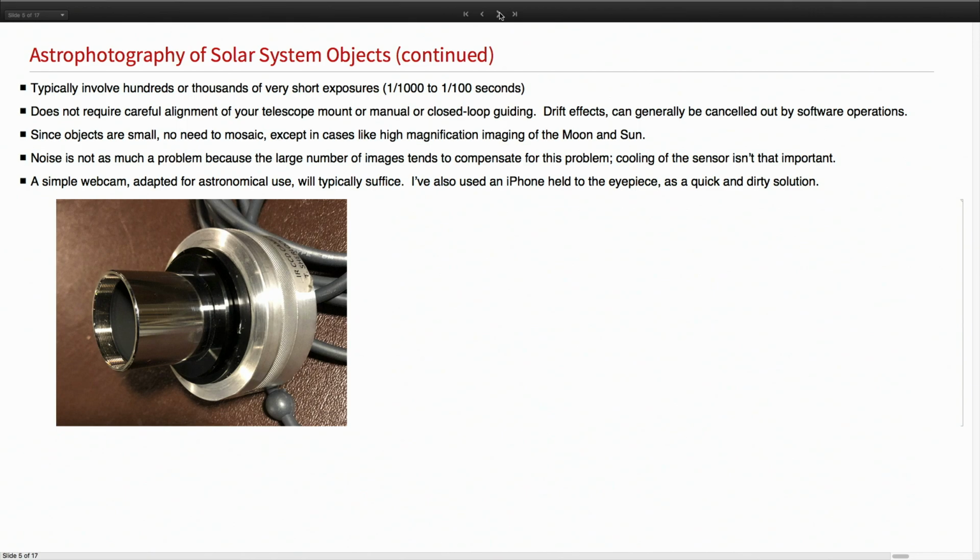Since the objects are typically small, there's no need to mosaic, except in cases where you're taking wide-angle pictures of the moon, then you will still have to do that. And noise, again, is not really a big problem because the large number of images tends to compensate for this problem. And the sensor that you use, unlike in the case of diffuse object astrophotography, doesn't generally need